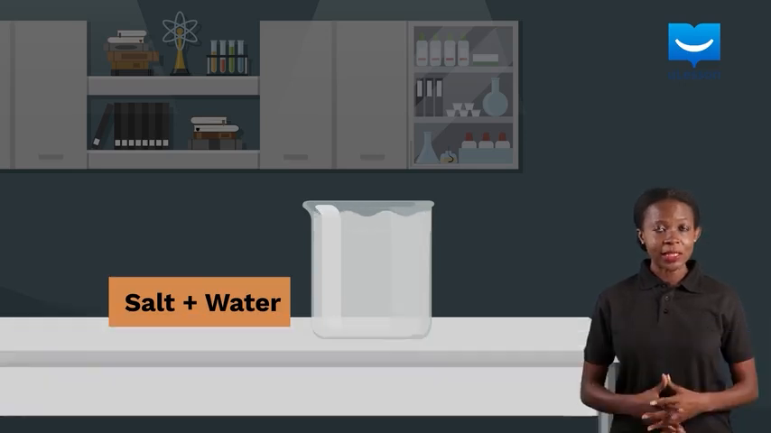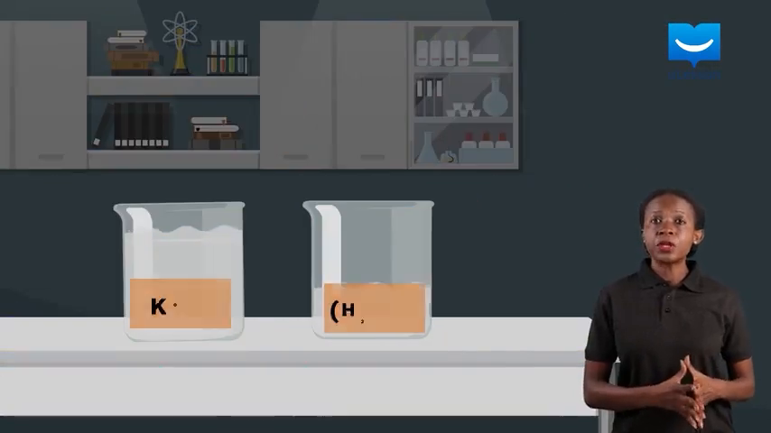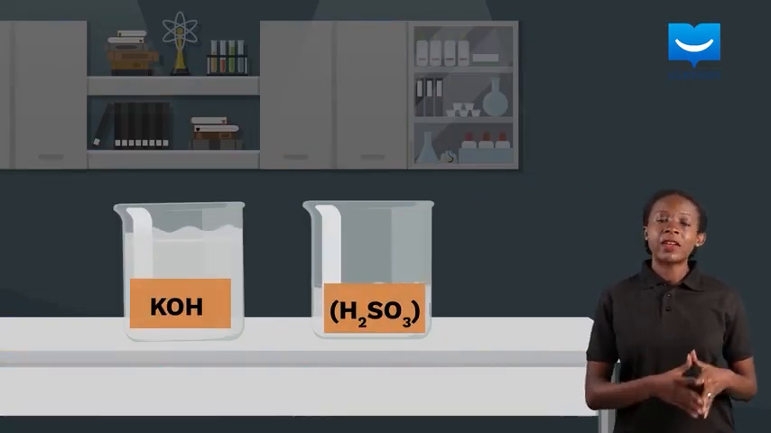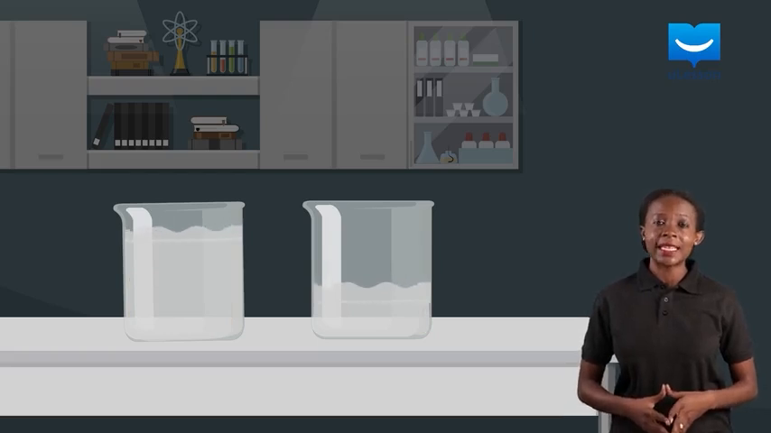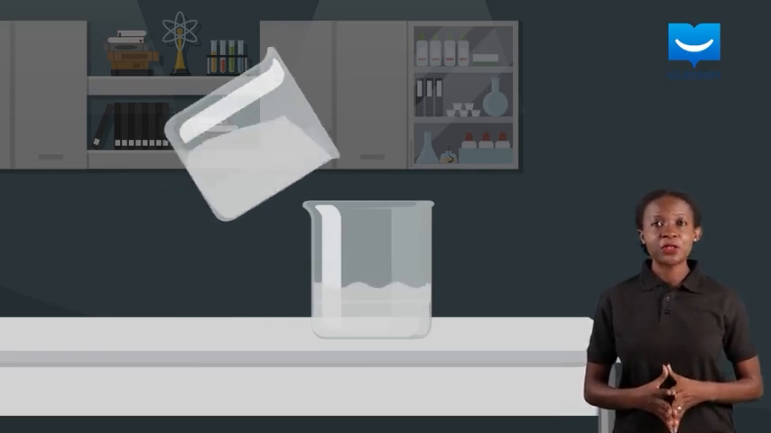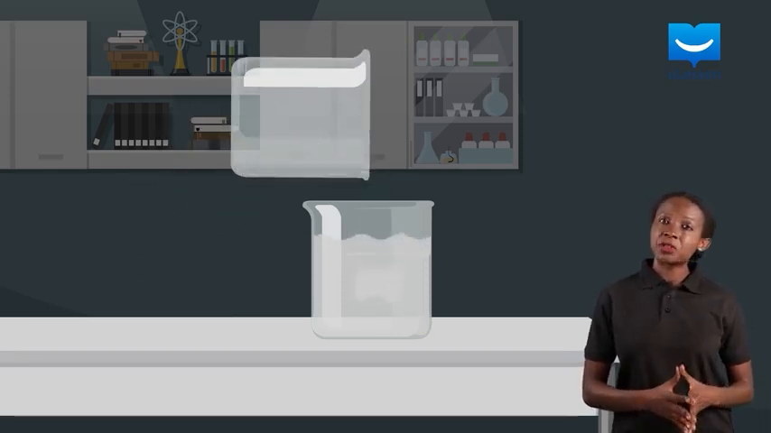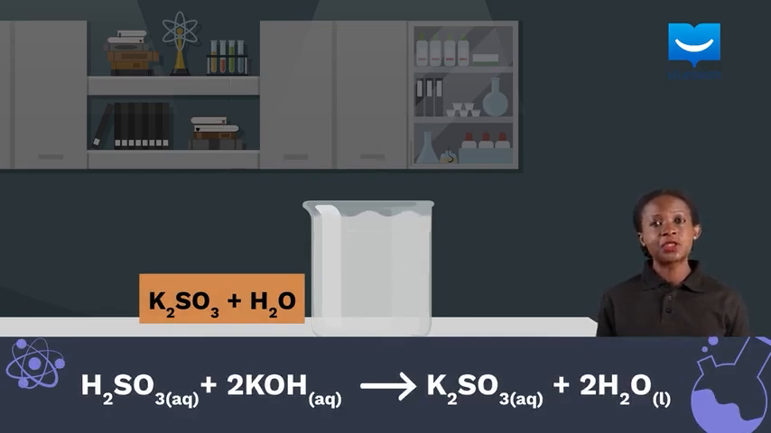Like other salts, trioxosulfate 4 salts can also be prepared through the neutralization reaction of an alkali and an acid. The acid used in this case is trioxosulfate 4 acid. For example, to prepare potassium trioxosulfate 4, potassium hydroxide can be reacted with trioxosulfate 4 acid as shown in the